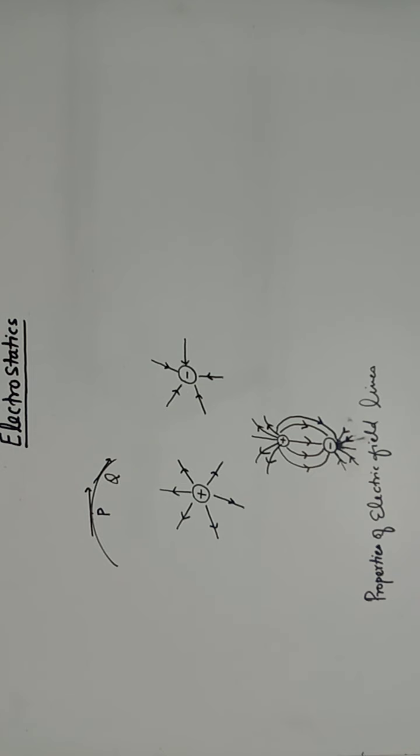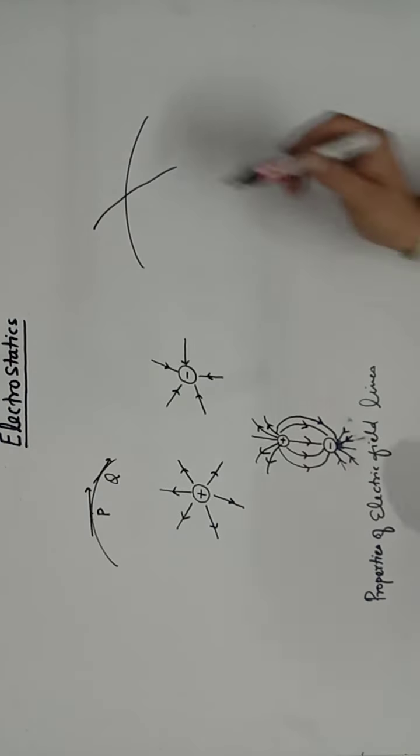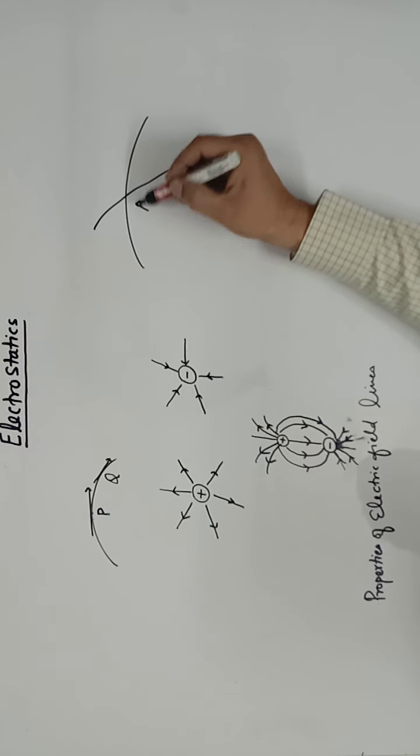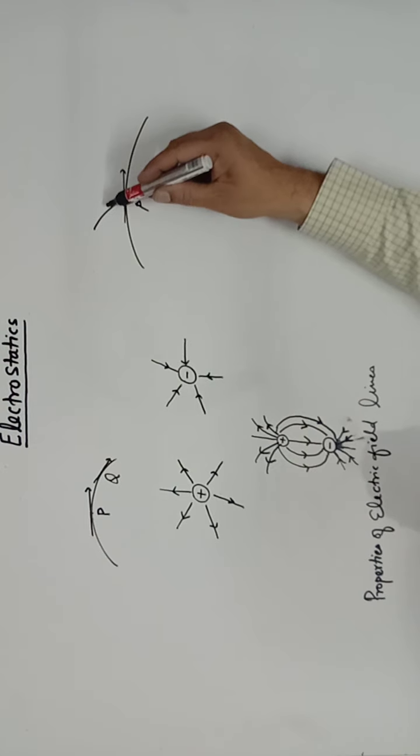Number three, no two electric field lines of force can intersect each other because at the point of intersection, two tangents can be drawn which will give two directions of the field, which is impossible. Suppose these are the two field lines. One is this, other is this. So at the point of intersection P, one tangent is this and the other tangent is